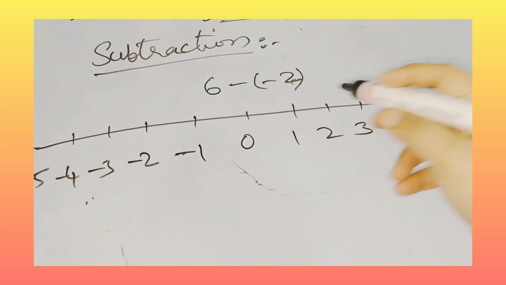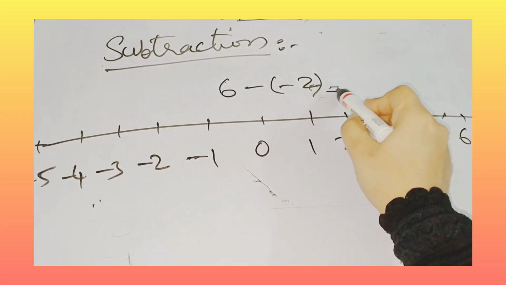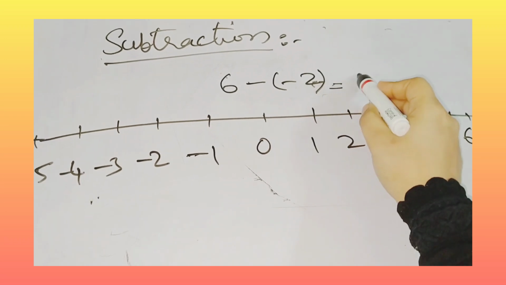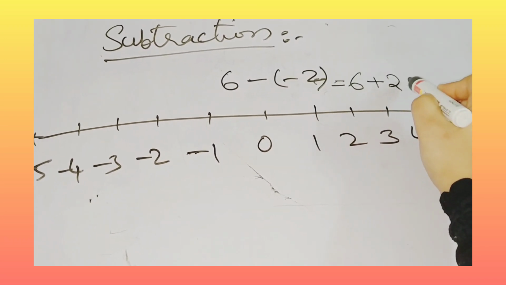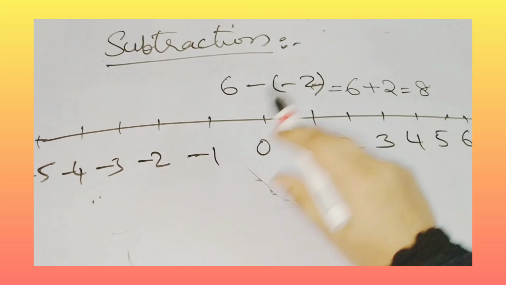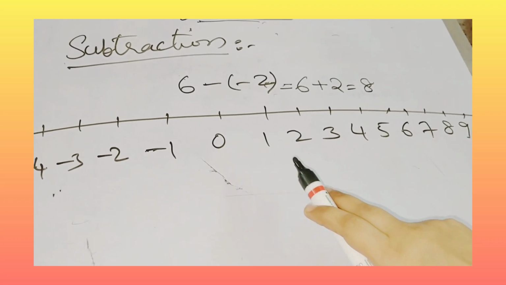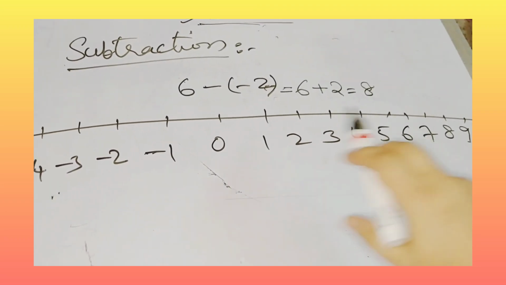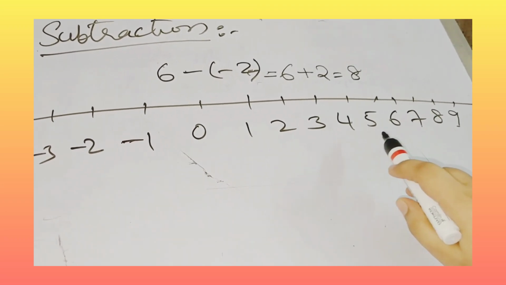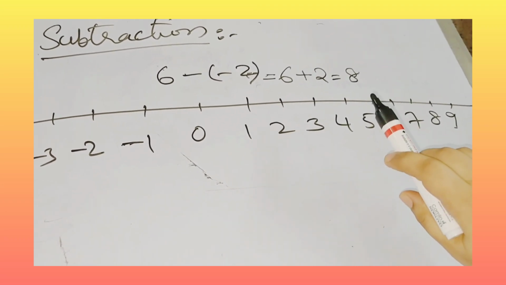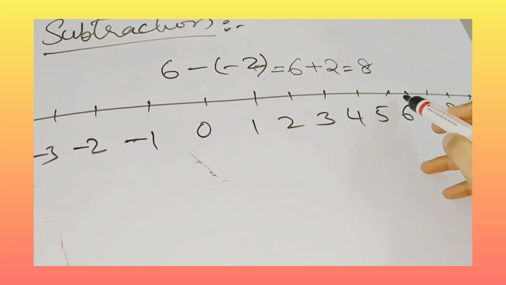Now how to do subtraction of 6 minus of minus 2. What is 6 minus minus of minus 2? It is 6, minus into minus is plus, 6 plus 2 is 8. So here it is very simple, don't get confused. What you have to do, again you have to take the plus number here, the minus number here. You have to move the curves the same as what you did in the addition. Here 6 plus 2 we have to do again.